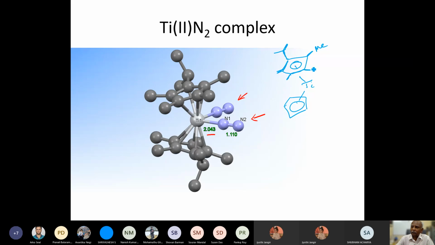And this is a crystal structure of this molecule, and you'll find that the dinitrogen is in fact linearly bound just like carbon monoxide. So you will find that this is exactly like carbon monoxide, and the bond distances and the bond angles that you expect for this molecule are just like what you would expect on the basis of the paper that I just showed you a few minutes ago by Baerends.